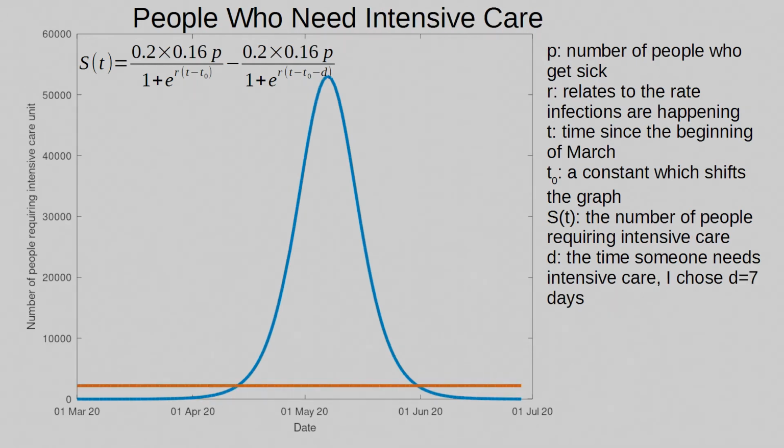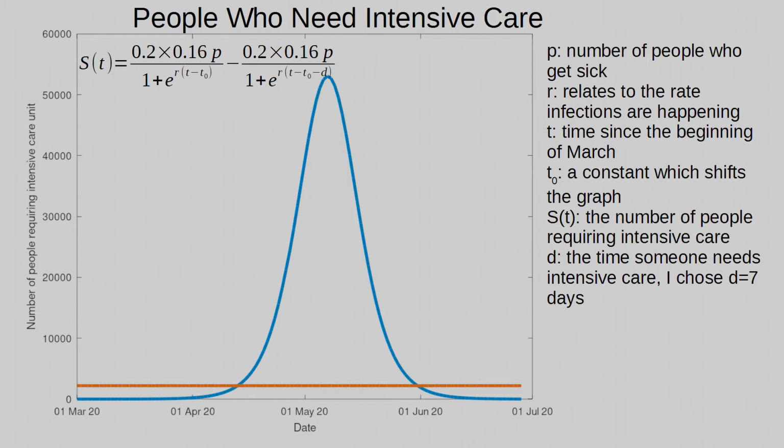It's predicted that of the people who get hospitalised, 0.16 of those people, or 16%, would need intensive care. There's only around 2,000 intensive care beds in the country, and we will easily exceed that, and the people who become sick in this period above this line are likely not to be able to get the intensive care they need to stay alive, so are very likely to die.